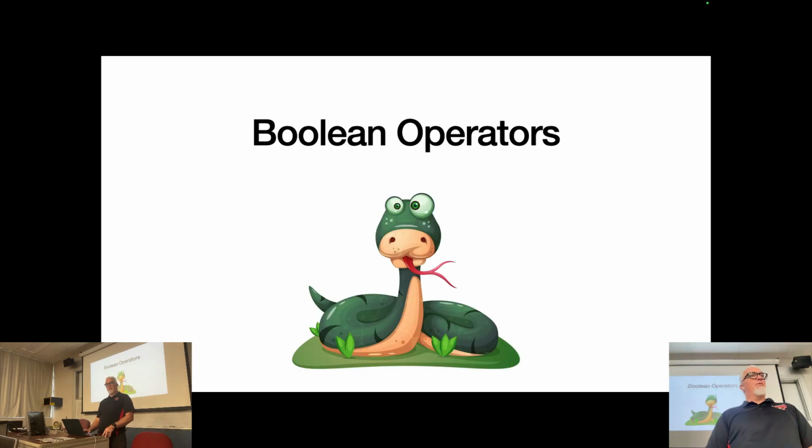But wait, there's more. Boolean operators. Now, Boolean data types always evaluate to true or false. Boolean operators are connected to those Boolean data types only in that they both belong to a branch of logic